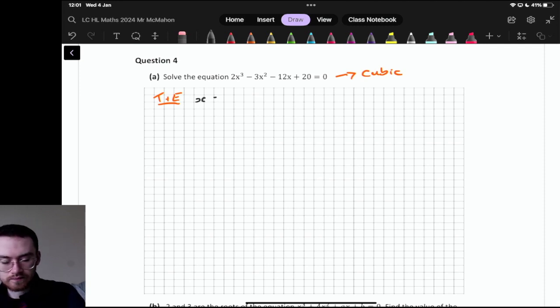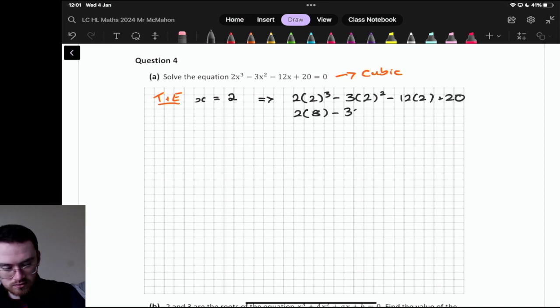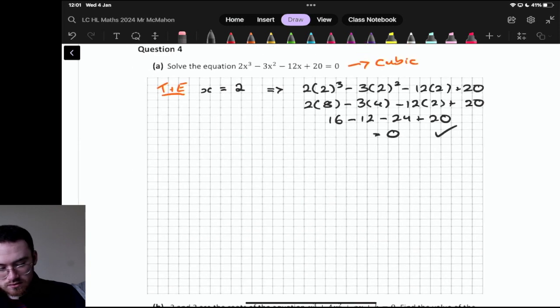So with our trial and error, the one we want to try, I suppose, is going to be x is equal to 2. If we do that, we can sub in for 2 all the way along our equation. We can work that one out. So 2 squared is obviously 4. We're going to get 16 minus 12 minus 24 plus 20, and that is going to be equal to 0. What that means for us is that x equals 2 is a root,